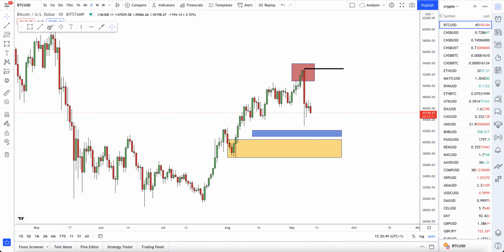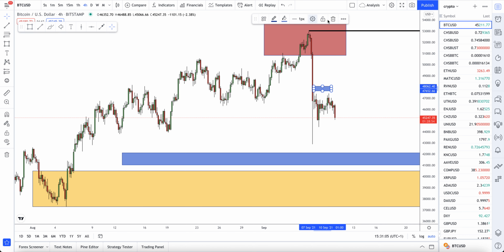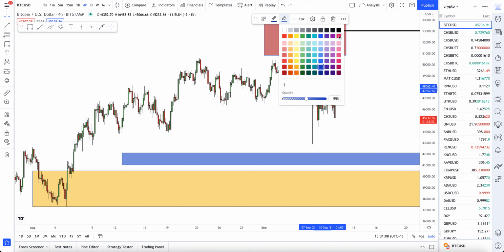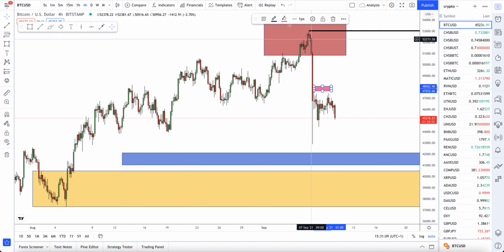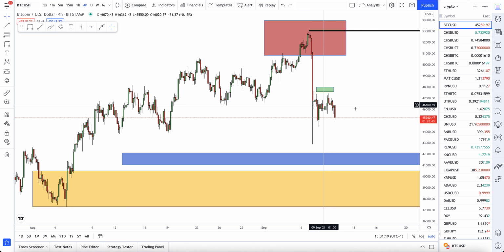We'll go down to the 4 hour, take a quick look, and you can see it starting to accelerate just a little. It's interesting to note that on the 4 hour, there's a massive imbalance left behind. So we need to effectively get back above these highs, and we're going to denote that with, no, it's too close to the other one, so we're going to make that green. So we need to get back above this green box, because there's liquidity there. But the draw on price is, we know the liquidity is there, we know the imbalance is there, but does it need to go back up there?